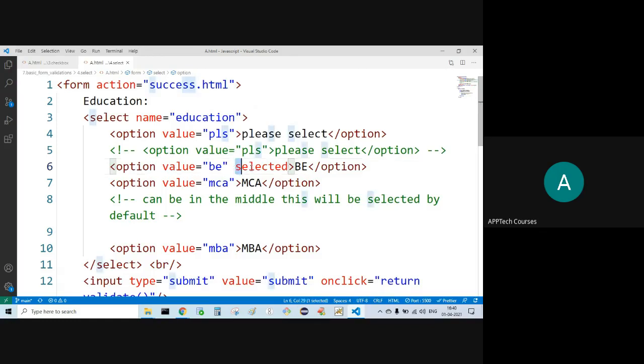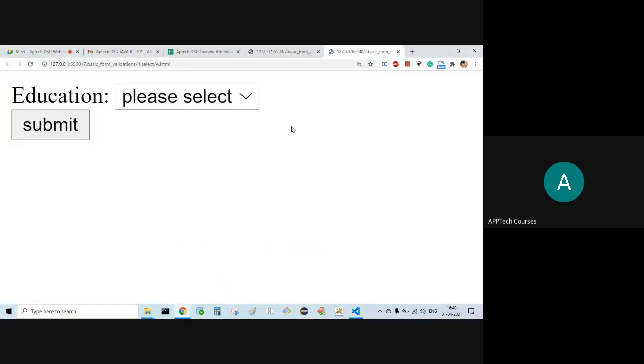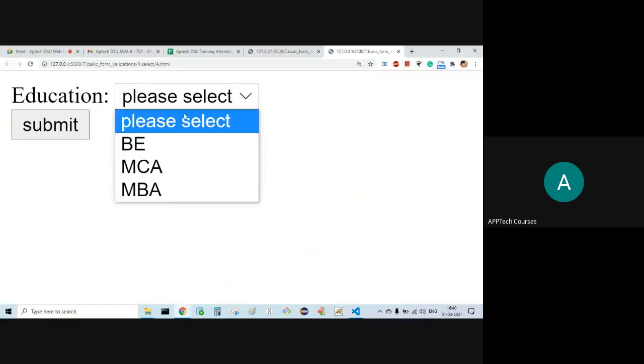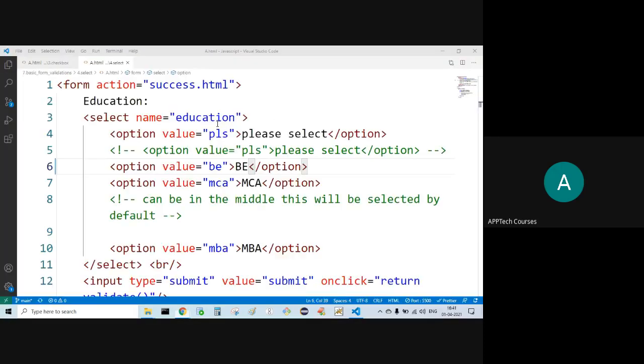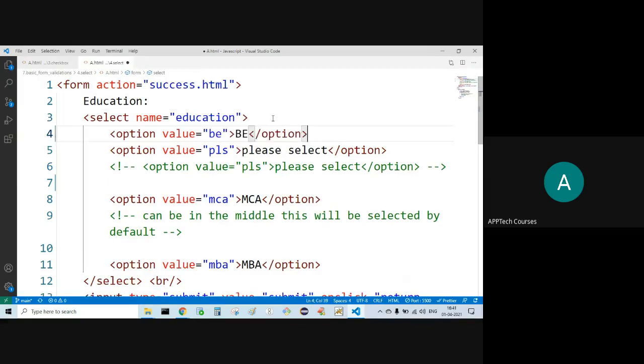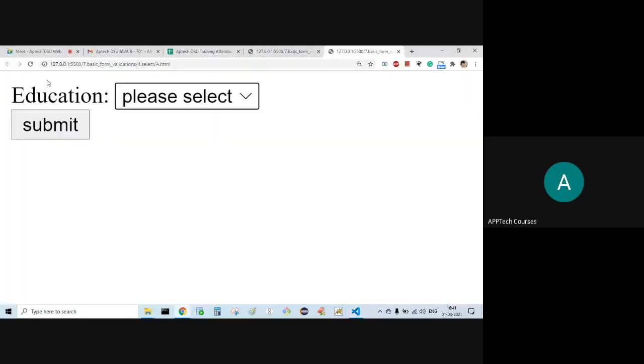Observe here, let me show you that initially. Like this is there. Now, please select: the first option is selected. Whichever is highlighted with the blue mark, that is the selected one. Whatever option you give first, let's say I'm keeping the first option as B. Now that one is selected. Observe.